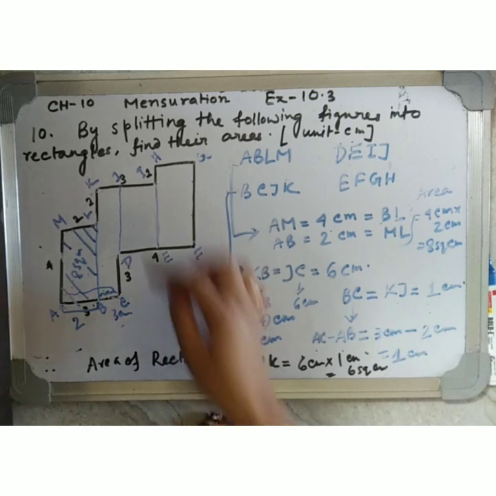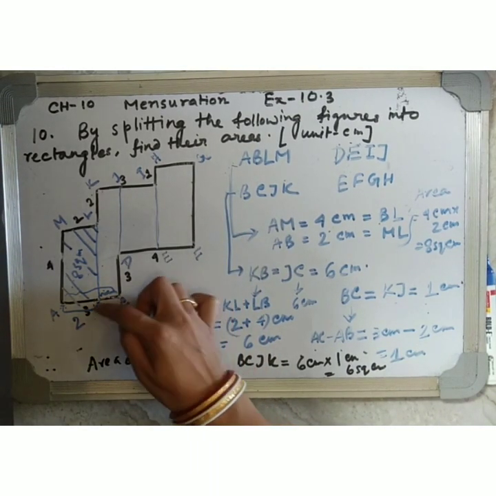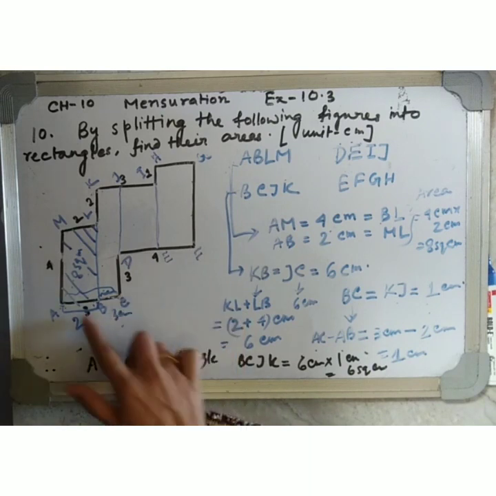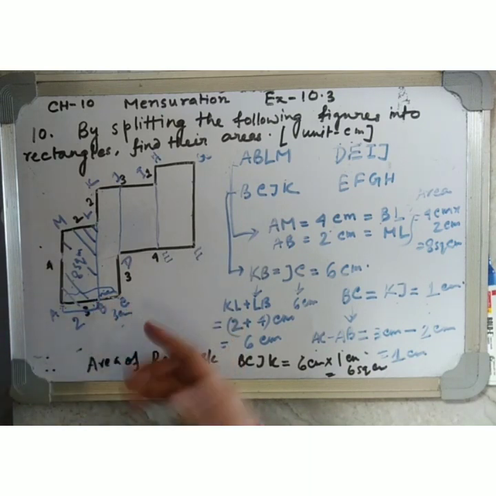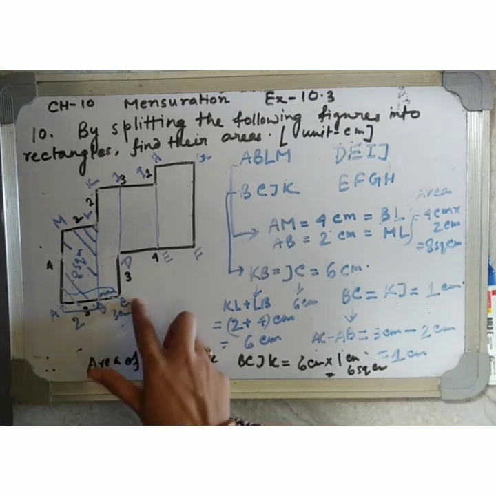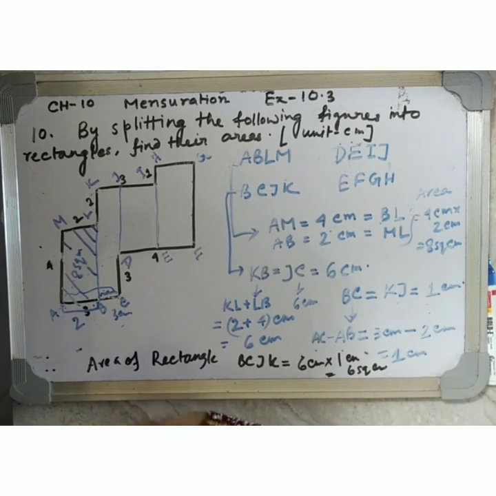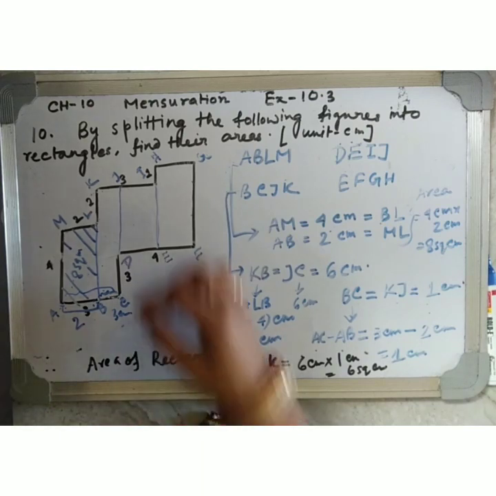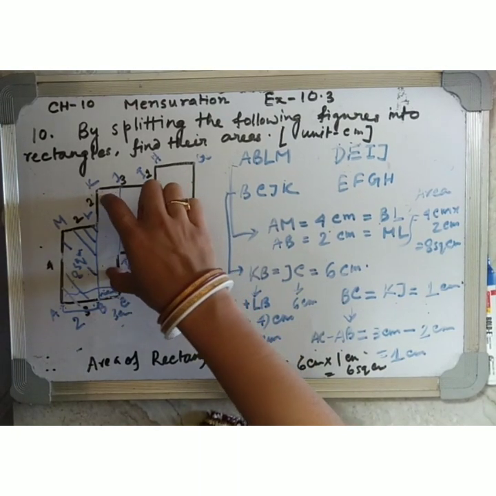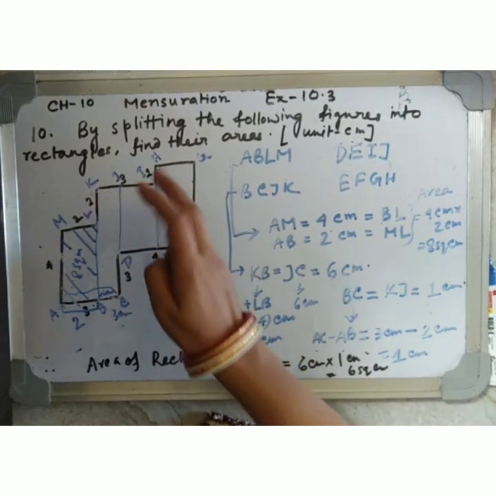First we have found the length of this rectangle BCJK. So the length of this rectangle is CJ and the breadth of this rectangle is BC. And you can also take the opposite sides. So we have found the length of BC by subtracting this part AB from the total part AC. Okay. So we have come to know the breadth of the rectangle, and how we have found the length of the rectangle?